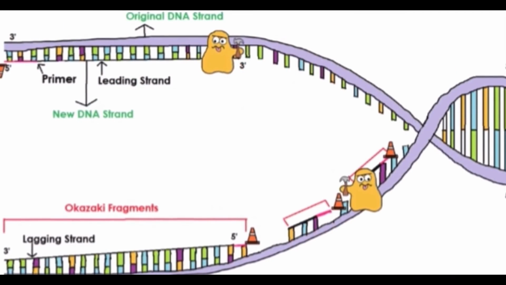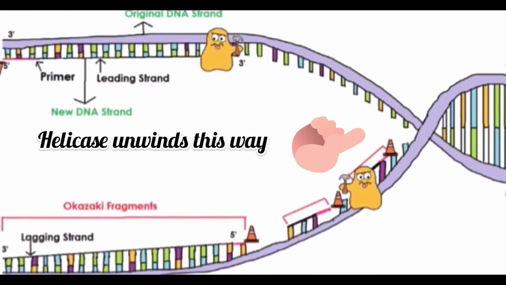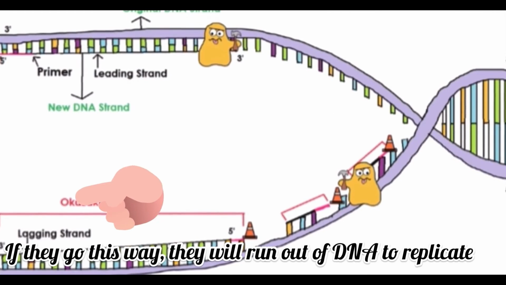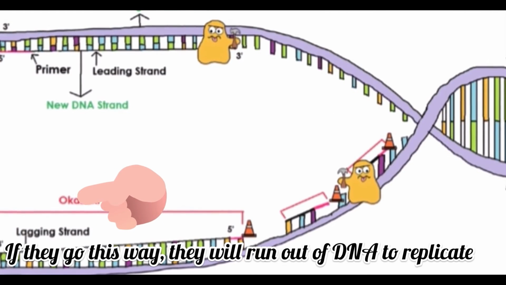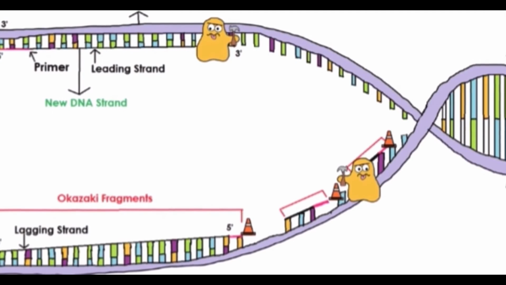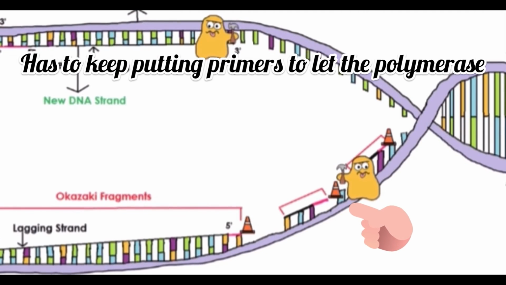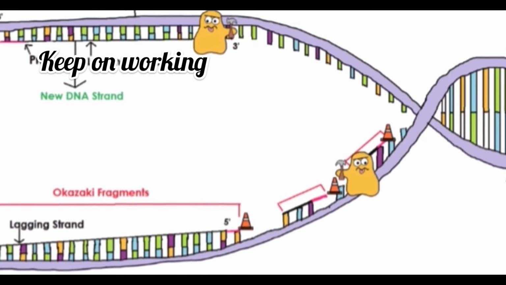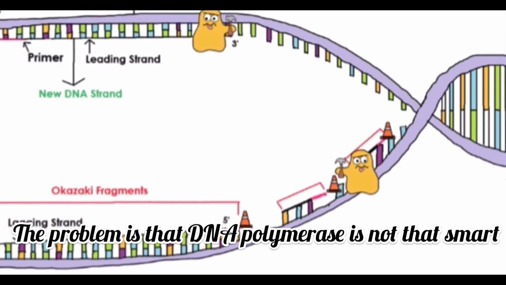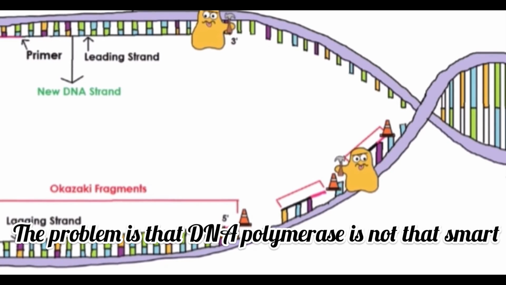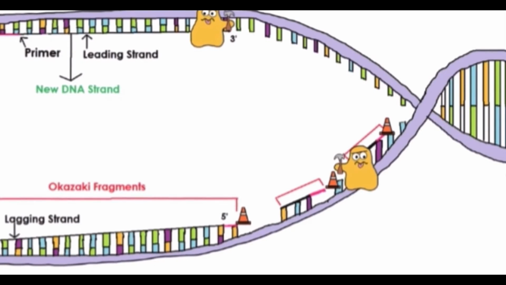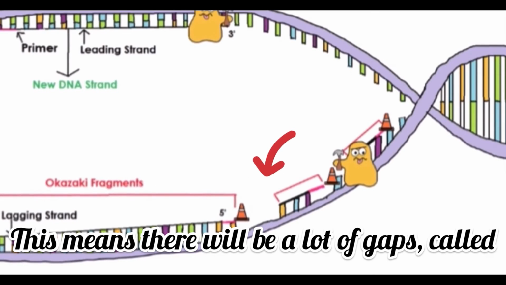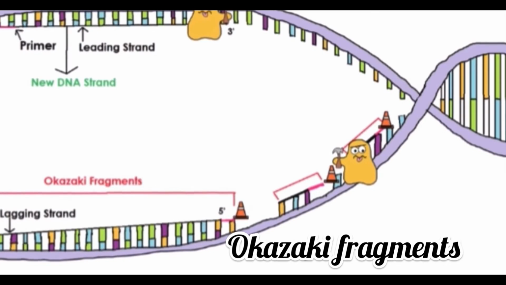The problem is that the helicase only unwinds in one direction. So the DNA polymerase will end up running out of DNA to keep matching pairs on. That means that the primase has to keep putting primers behind where the DNA is building to let DNA polymerase keep on working. The problem is that DNA polymerase is not that smart, so it doesn't connect the separated strands together. This means that there will be a lot of gaps, called Okazaki fragments, on one of the strands, and